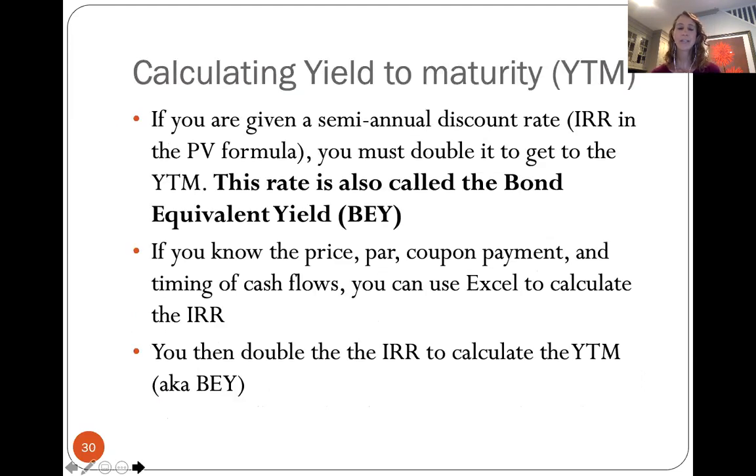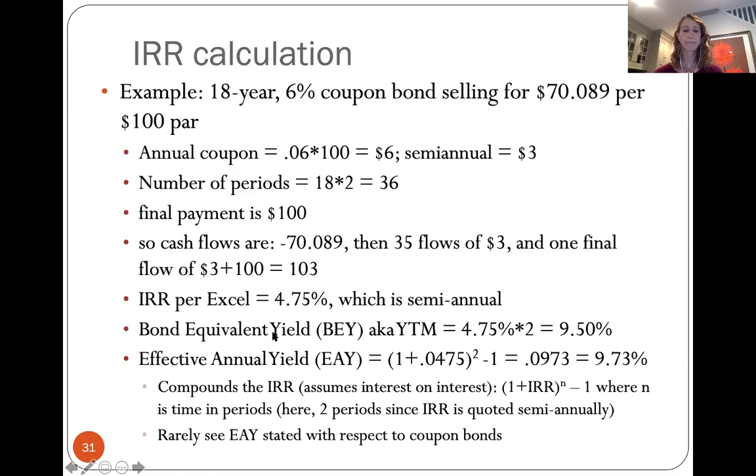The last thing we're going to learn here is this idea of yield to maturity and how to calculate it. So if you're given a semi-annual discount rate, which would be the internal rate of return, or the R in your discount PV formula, you would double it to get to the yield to maturity. So you can always calculate this using your calculator or using Excel to solve for that. In this prior example, the yield to maturity, in a new example, we've got an 18-year 6% coupon bond with